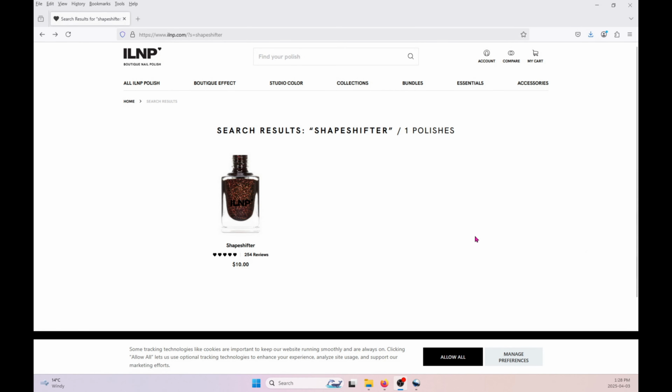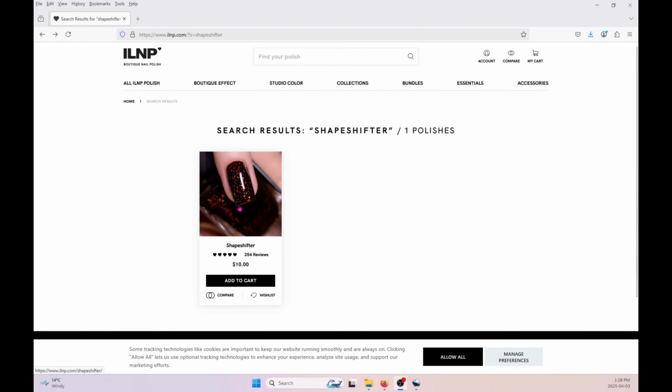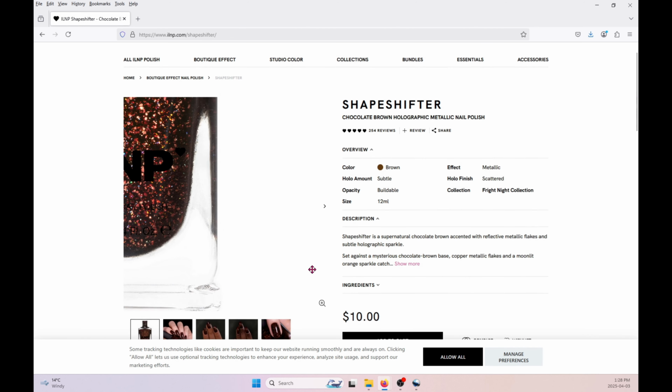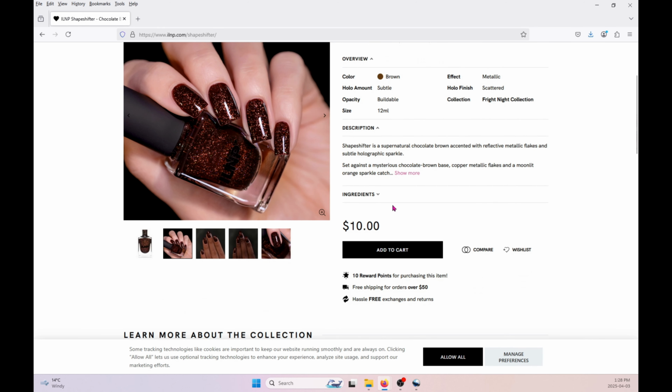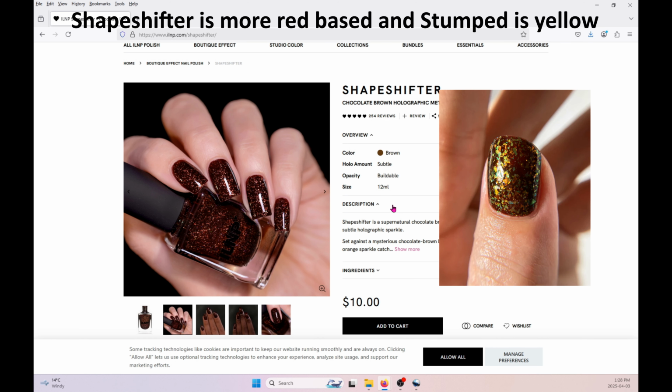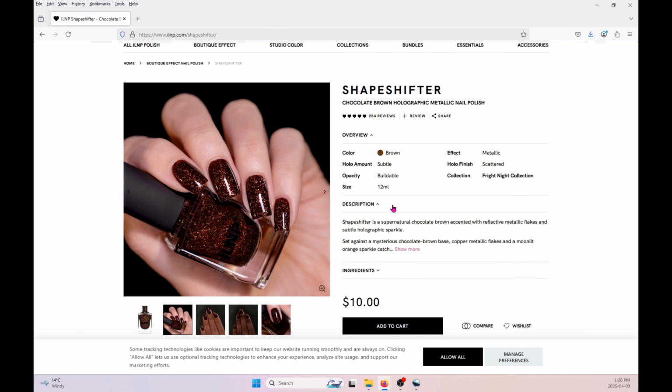The next polish I wanted to look at is Shapeshifter. It is a deep brown with some shifting flakes in it. Now, this one runs up against the same problem some of the more recent polishes we've talked about does, which is that I have Mooncat's Stumped, and I think the biggest differentiation I can make is that Mooncat's flakes are bigger. I think this is far too close to being a dupe, and I think when I do bring out